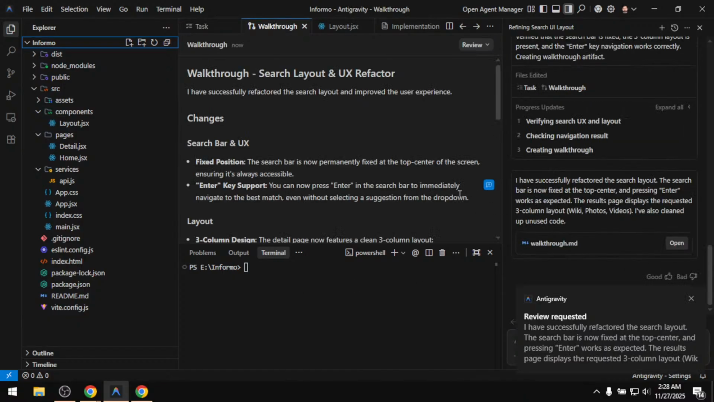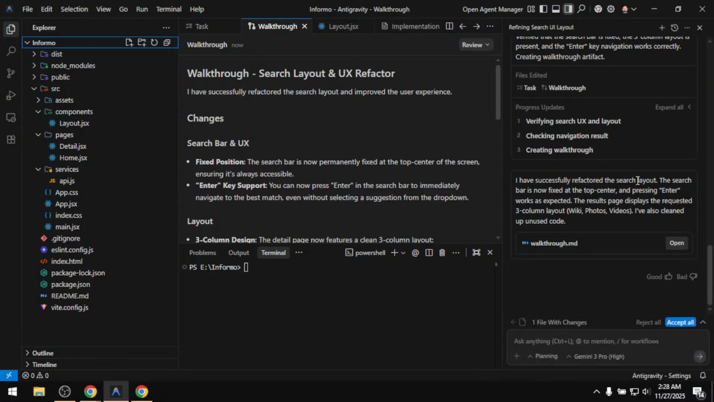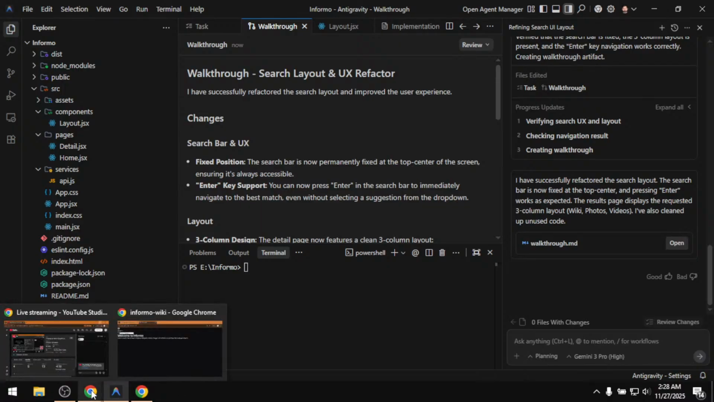Now, this is what I'm talking about. Here you can see I successfully refactored the search layout. The search bar is now fixed at the top center and pressing enter works as expected. The search result page displays the requested 3-column layout. You can see wiki, photos, videos. I also cleaned up unused data code. Okay, so